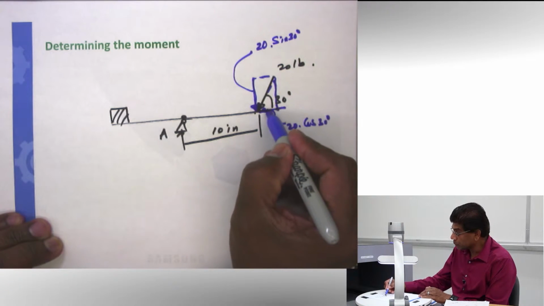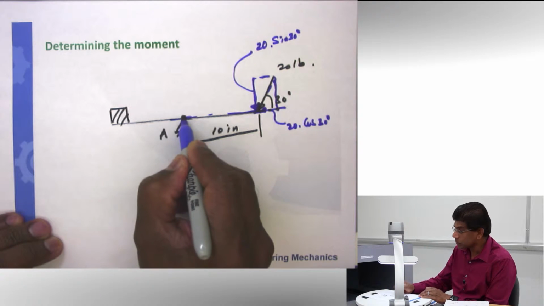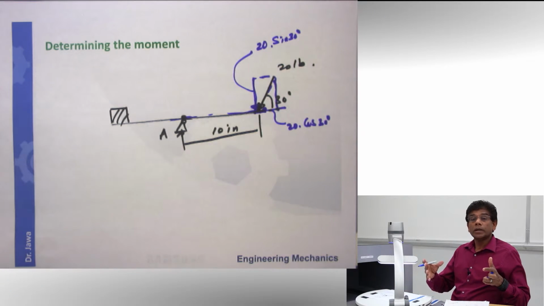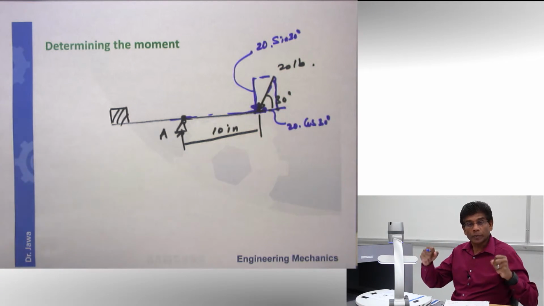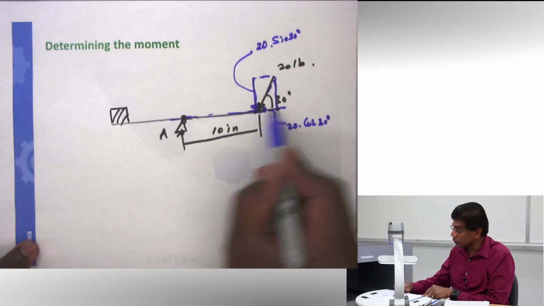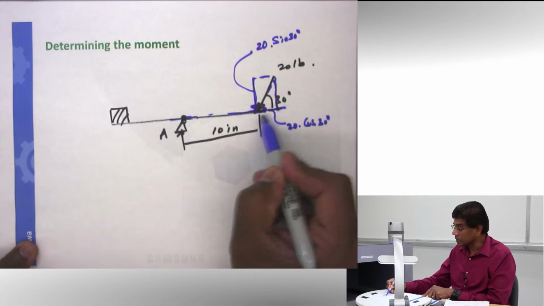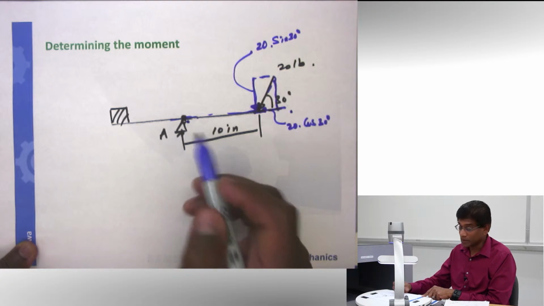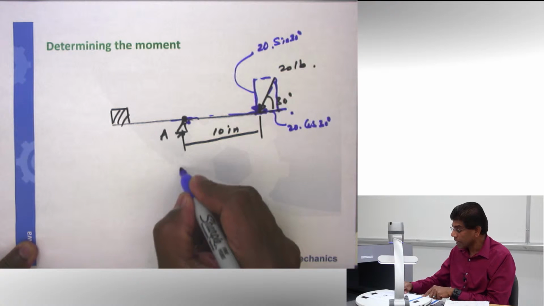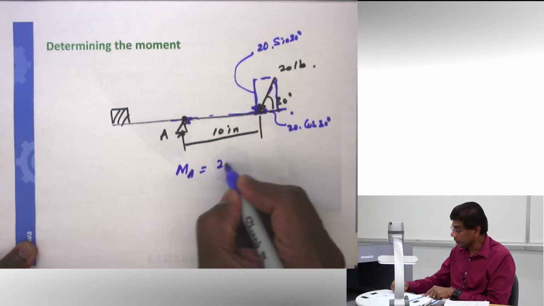But realize this component, which is along this position, passes through the axis here, meaning there is no perpendicular distance. Remember, moment is equal to force times perpendicular distance. But there is no perpendicular distance in this particular case, and therefore this x component of this force will give you zero moment. So the moment in this particular case is going to be created by this perpendicular force, and that moment is equal to 20 sine 30,